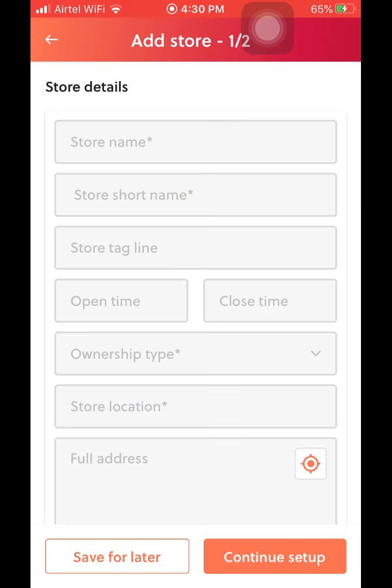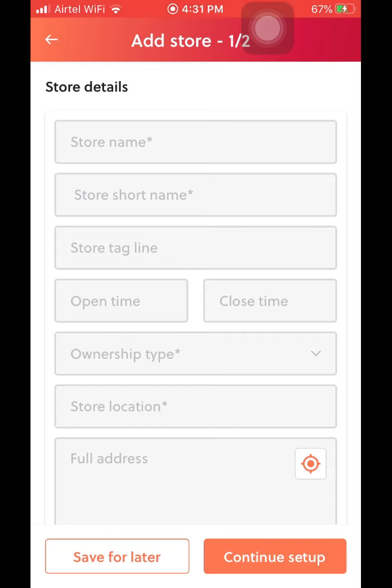So when I click on the Add New Store, you get a form like this. This form has a bunch of fields, some of which are mandatory and some are optional. We encourage you to fill every detail. In the first 2 fields, you find something called a store name and store short name. Typically, if the store has a short name, then you can fill the same detail in both. But some store names happen to be very long, and store short name is a character restricted field, and thereby it encourages those stores with very long store names to find an abridged version.